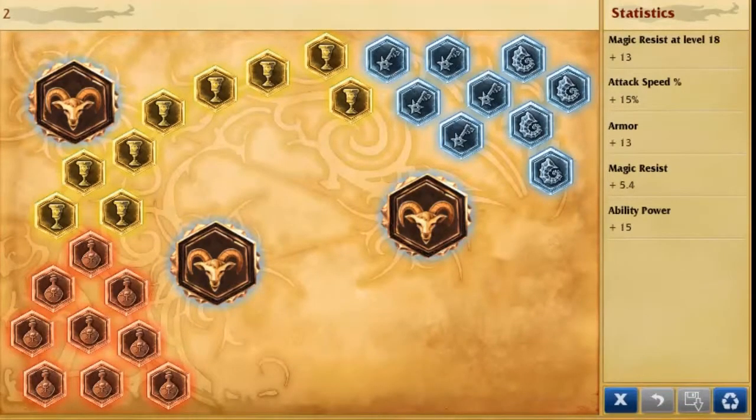This page is more farming oriented. It doesn't give magic pen early, it doesn't give armor pen. There's no move speed, it's attack speed to help you clear the jungle, and AP for the same reason. I also have a couple magic resist per level in this page, just because I tend to farm more with it, so I don't have to worry about early action and dying to AP, because I have low value of